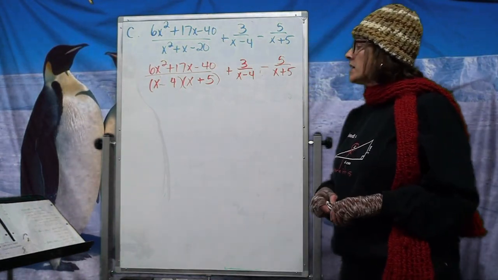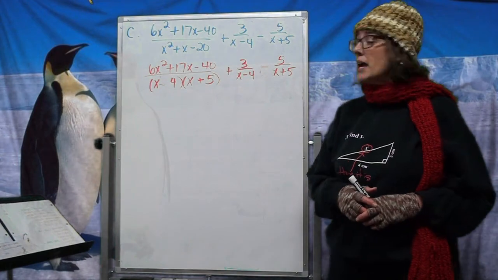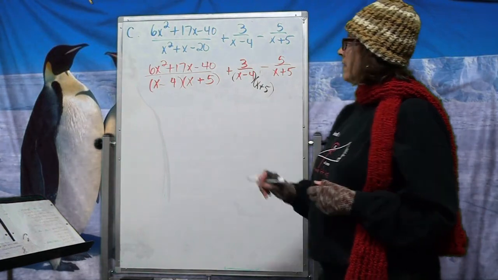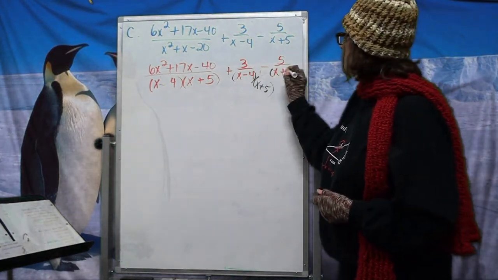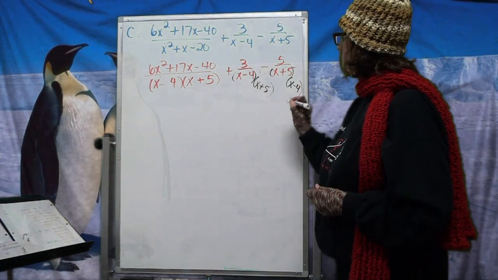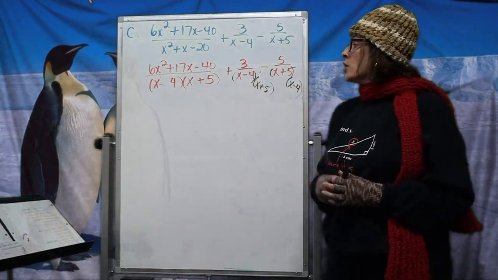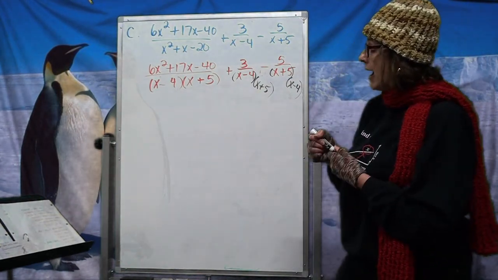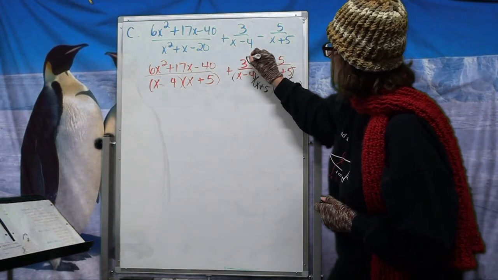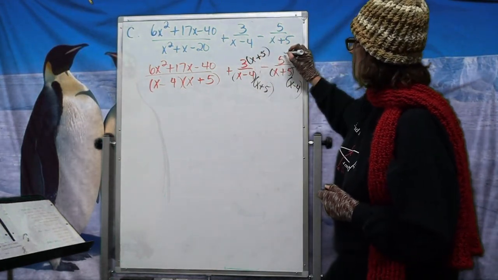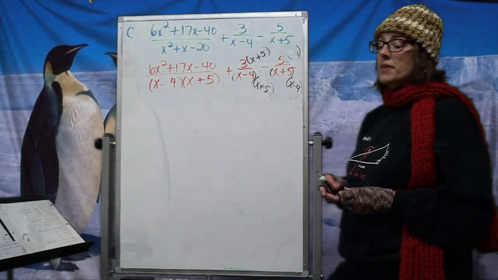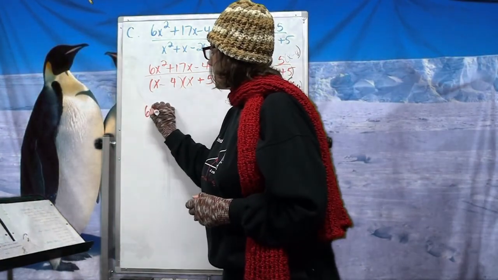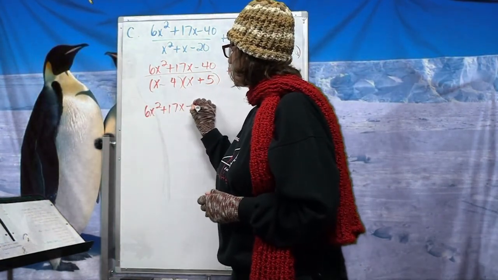So now I'm going to look at each one of these and ask, what do they need to make them all look the same? If this one was multiplied by an x plus 5, they would be the same. If this one was multiplied by an x minus 4, they would all be the same. So I'm creating those common denominators all the way across, but when I multiply on a denominator, I have to multiply on a numerator. Recall, because I don't want to change the value of the fraction, only what it looks like. So at this point, what I now have is 6x squared plus 17x minus 40 over